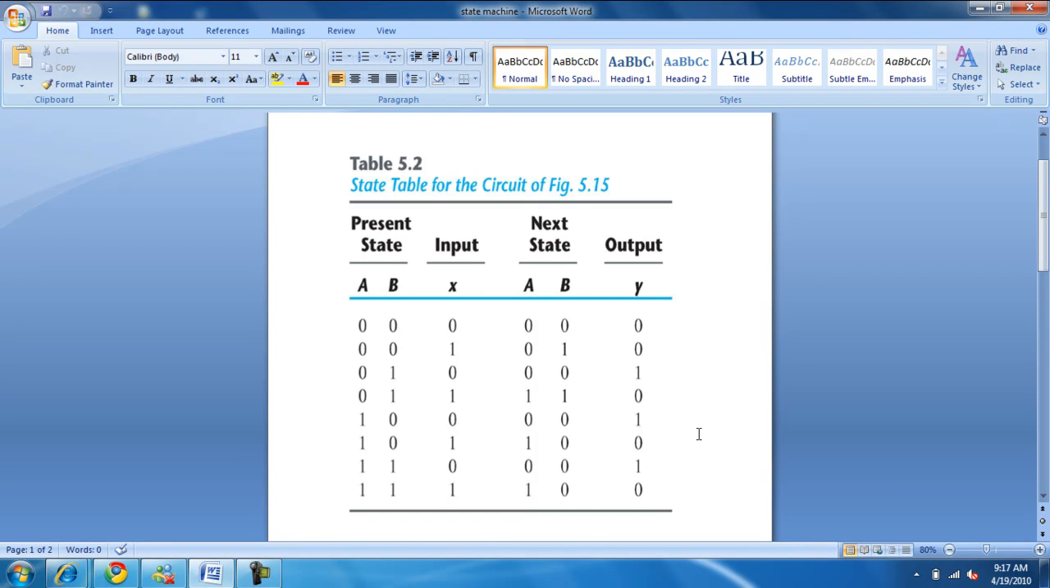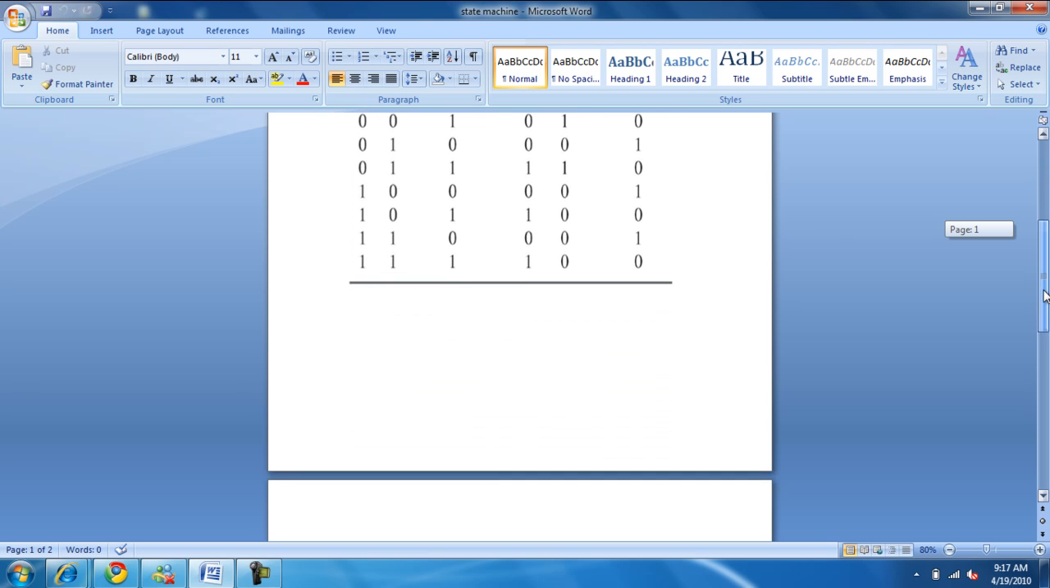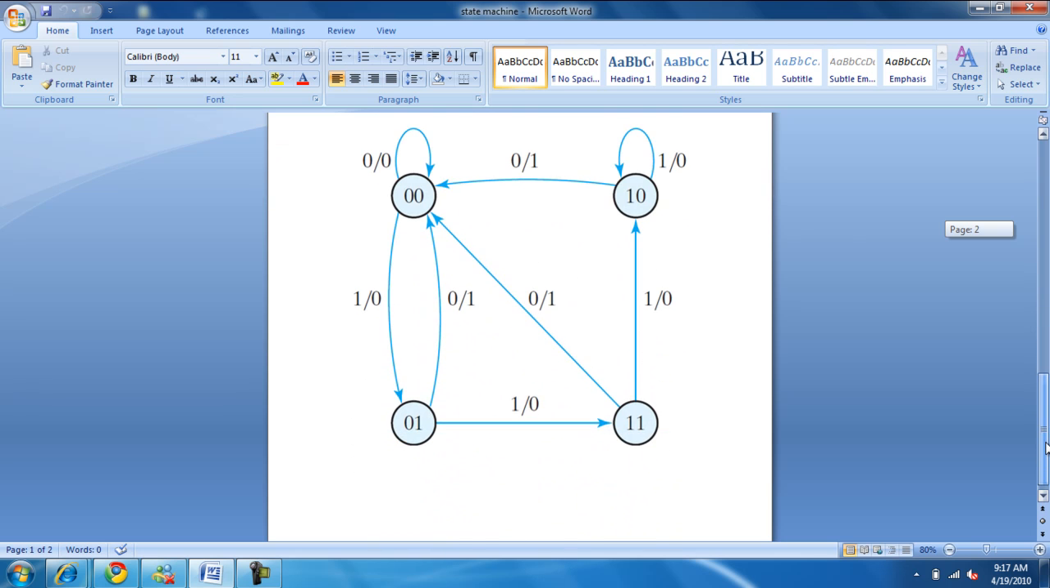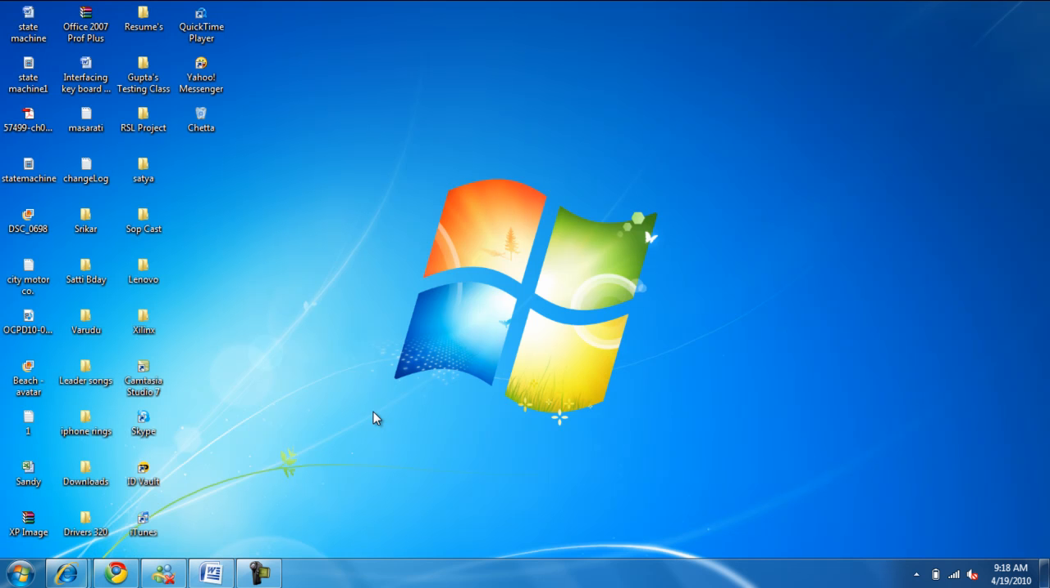This is a demonstration of how to use the state machine elements of the Quartus 2 software. As you saw, there was a state machine table, and this is a state machine diagram. And then you have actually 4 states here. And now we're going to show you how to use the state machine tool that exists with the Quartus 2